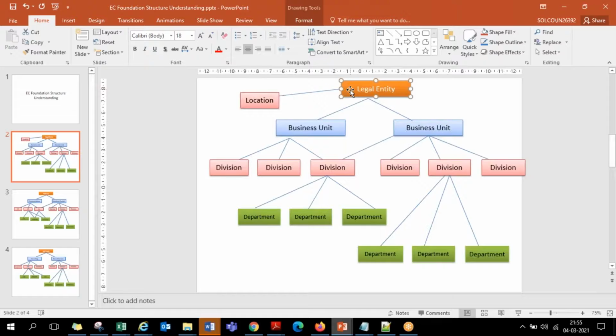What is an association between legal entity and location? Say, for example, a legal entity is called Best Run India. For example, Coca-Cola India, Coca-Cola US, Coca-Cola Australia. If we have multiple legal entities, multiple group companies, every legal entity is a company. Tomorrow, this company has 4 locations in India: Bangalore, Mumbai, Delhi, Noida, and somewhere in Trivandrum. In Sydney, they have 3 locations. In the US, they have 6 locations. So in total, 6 plus 4 plus 3, 13 locations across the globe.